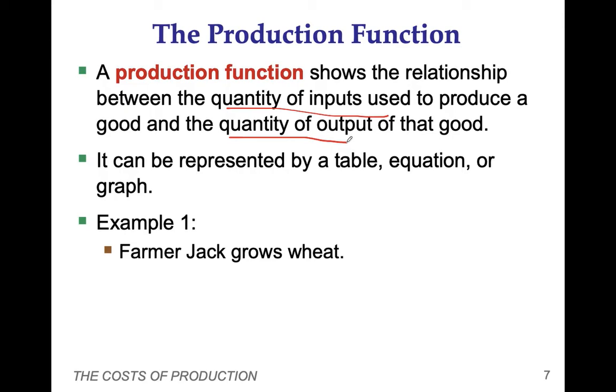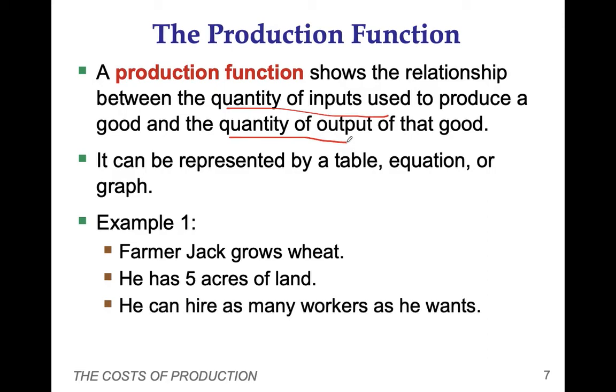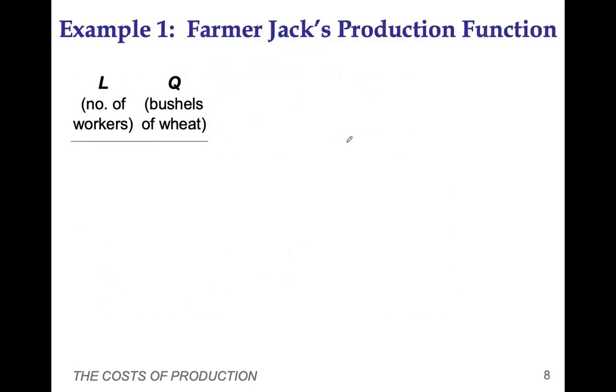For example, farmer Jack grows wheat. He has 5 acres of land and he can hire as many workers as he wants. So let's try to draw the production function of Jack. Here we have L, representing the number of workers. The input used here is